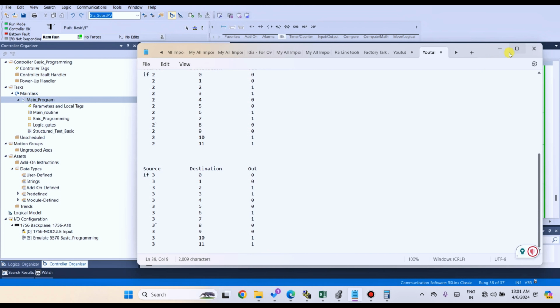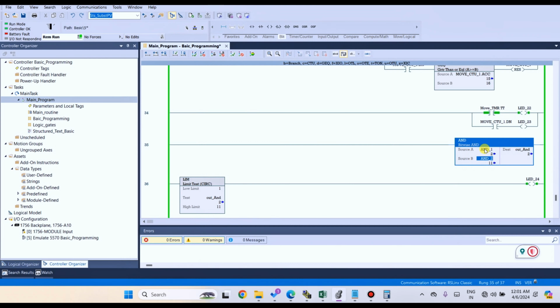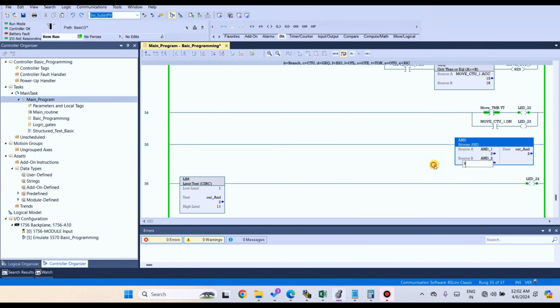Next is what will happen when source A is 3. After 3, with source A 1, there is a gap: source B 1 gap, output will be on. 2 on, source B 3 on, source B 4 off, because 1 2 3 in the condition output is on and 4 5 6 output will be off.